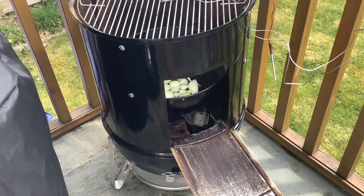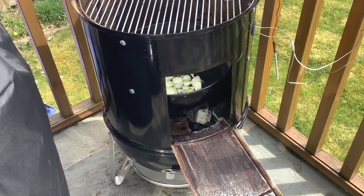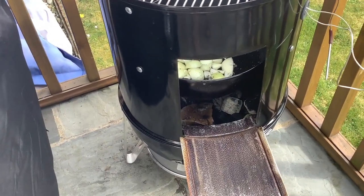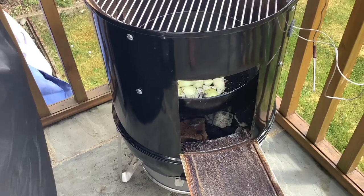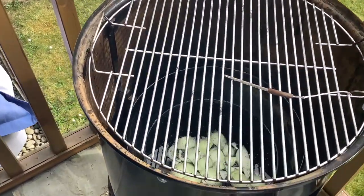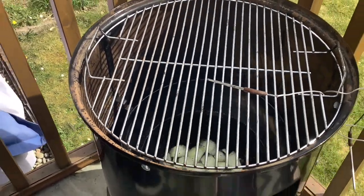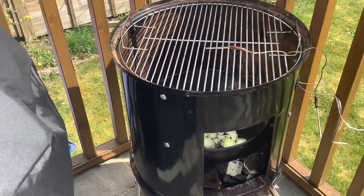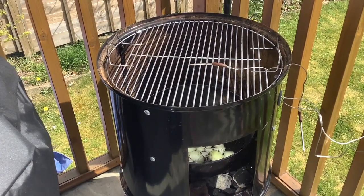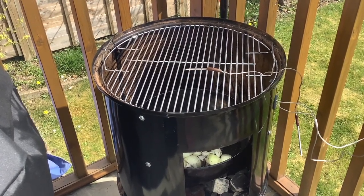Okay, just about ready to get the lamb on now. We've got the heat beads and the Weber briquettes. The Weber briquettes are lit and getting those heat beads going. We've got the lumps of wood in here, which are placed near the vents to help draw the smoke up through the Smokey Mountain. I've added the beer and water to the bucket, so that's all set. When the Weber Smokey Mountain gets to about 250 degrees, I will put the lamb in and put the heat gauge in there and wait for the lamb to get to about 125,